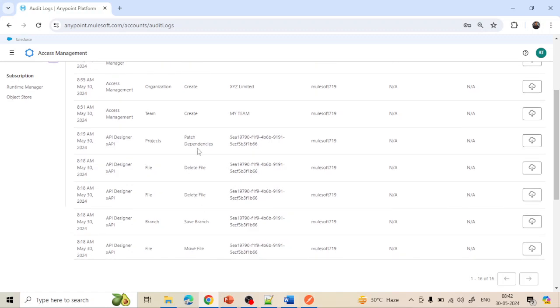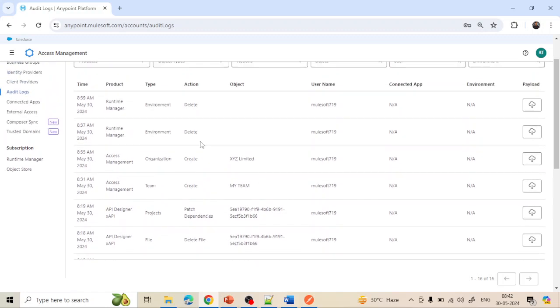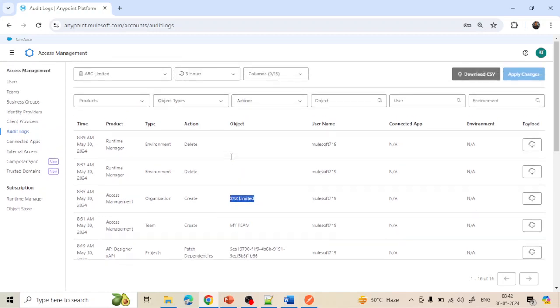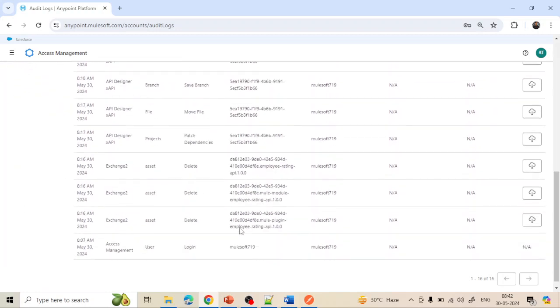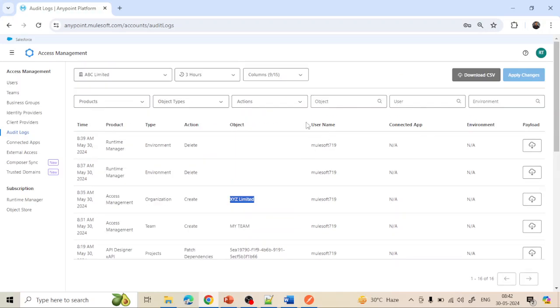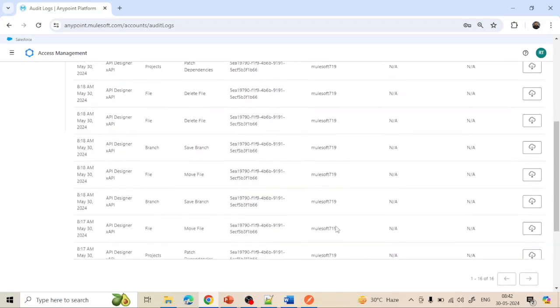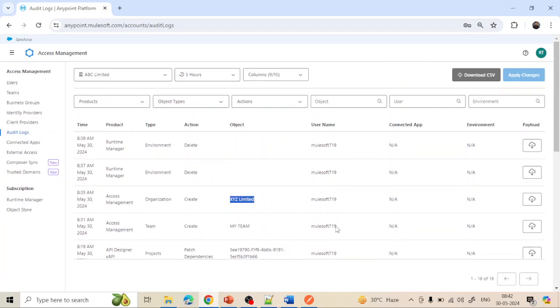I have deleted some files, I have patched a dependency, I have created something, I have created my team a few minutes back. I have created XYZ business group. I have deleted these 2 organizations. This whole thing will be shown here, and who has deleted this, that username will be shown here. Okay, so all these logs you can see in the audit log. That is very important. If anything wrong is happening, then we can check here why it is happening. Okay,